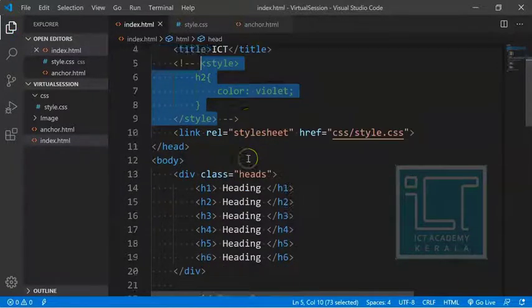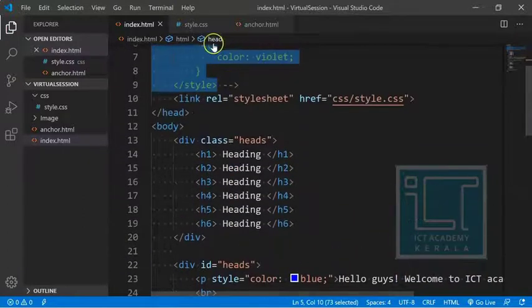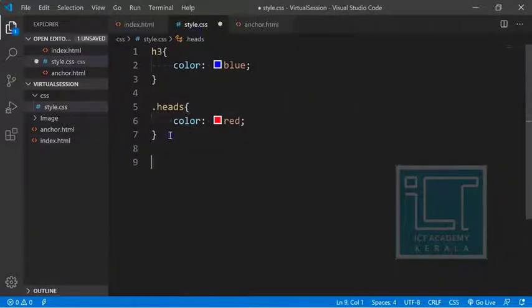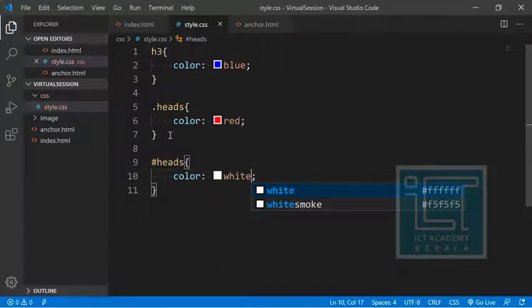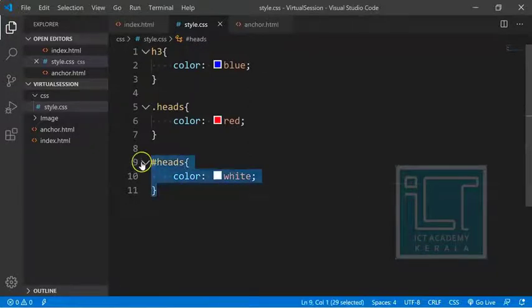That is also possible, Control /. While talking about comments, if I want to comment any particular thing, like #heads color or .red, suppose in some cases while coding I don't want to print out the statement, so I just want to comment it. For commenting in CSS, the same shortcut which is used in HTML can be applied. That is Control /, and it will automatically get commented.